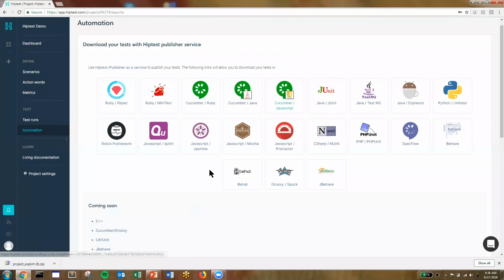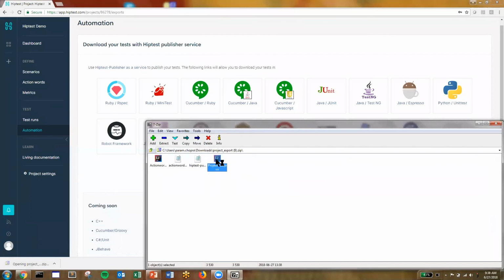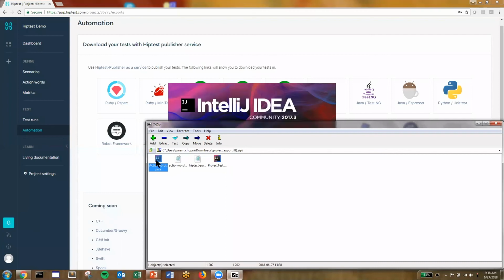So I think Java is pretty popular. And this is for you developers and more technical testers out there. At the end of the day, you want to be able to take these scenarios and translate them into something you can put in your IDE. How do you actually end up using this as a developer to fulfill those scenarios or to build automated tests against those scenarios?